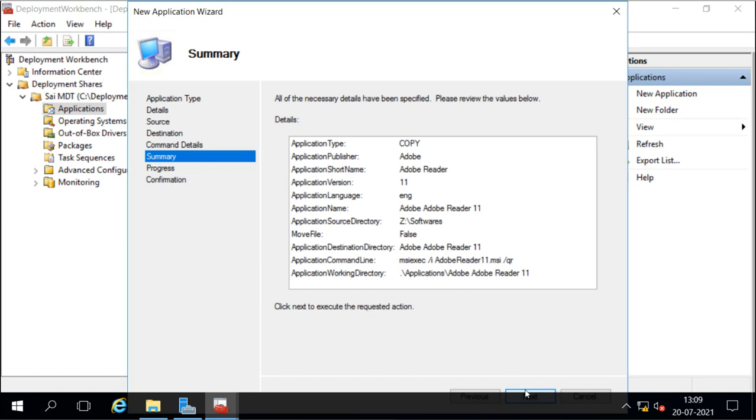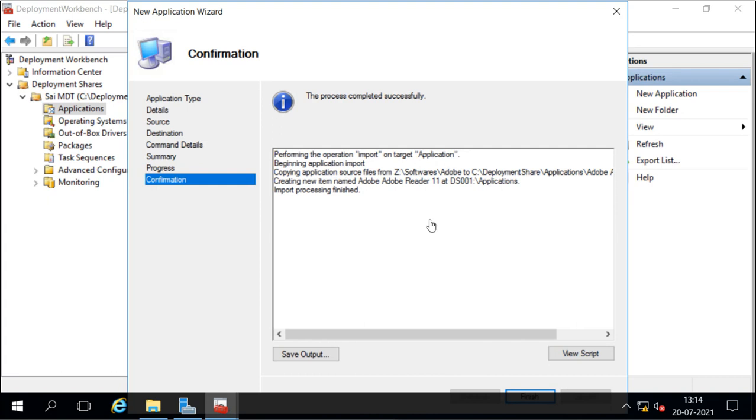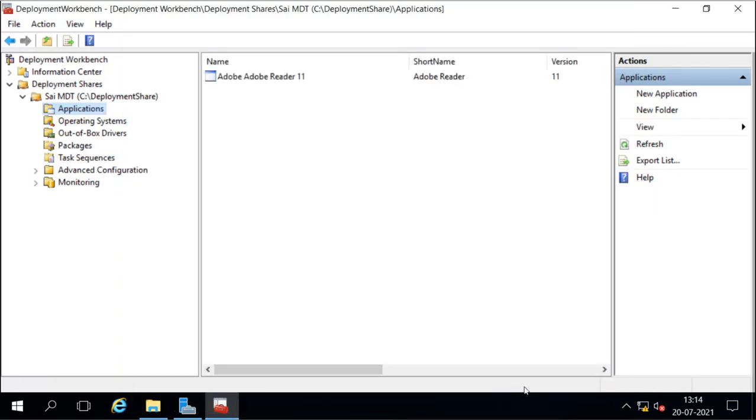And now you see it is going to add to every version, and it will take a little time. When we deploy the image, it is going to deploy that application also with that image. It started at 4%, and it will take a little time. Now the process completed successfully. Now it is done. We can click finish, and we can see the application is added here.